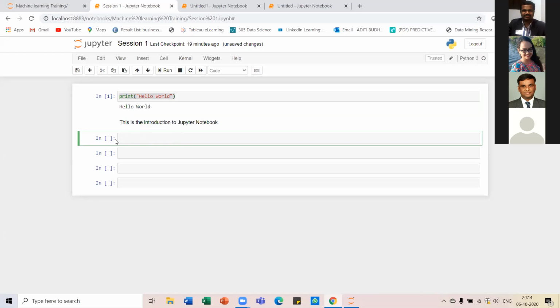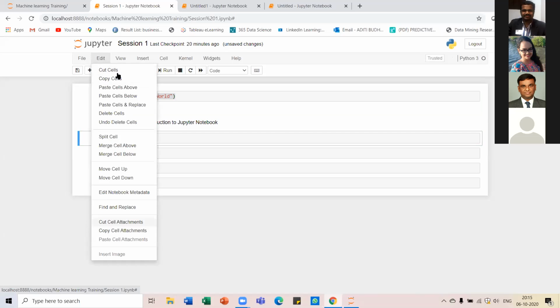Padmavati says that there's a delete cell option in the edit menu. Good, Padmavati. That's the way to explore it. I'm happy that you're doing it. Since it is a shortcut that is directly available, we have just put it across, nothing else. It's easy to cut and replace it. Otherwise, you can go and delete the cell. That's always there. You can also paste, split the cells, merge, many options are available.